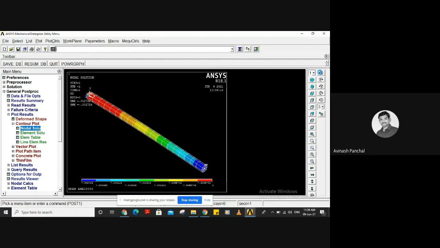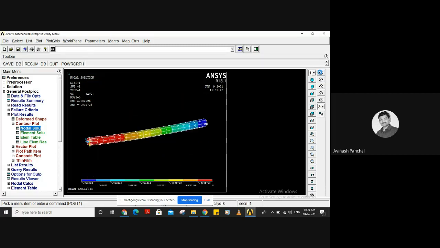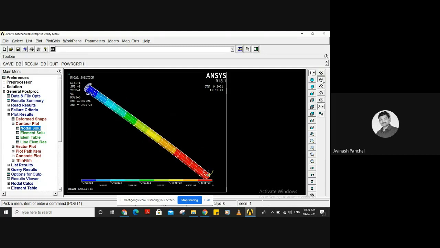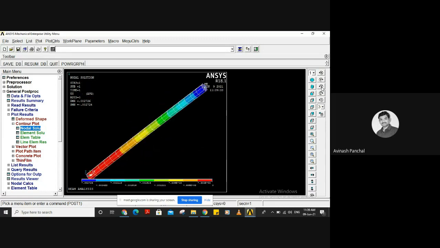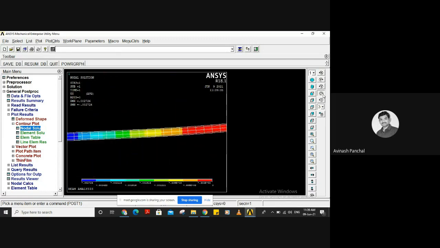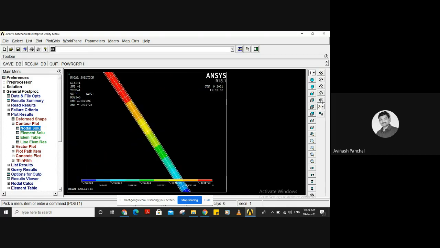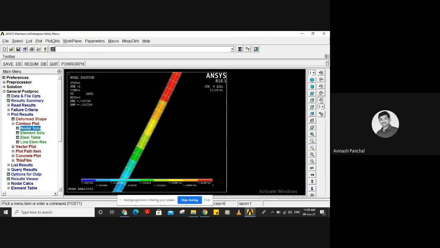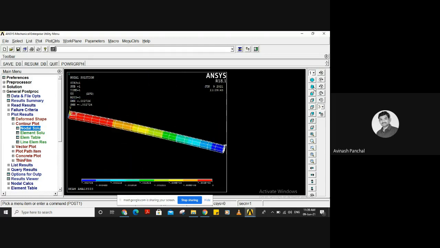We can rotate about x, we can rotate about y, we can rotate about z also, in the anti-clockwise direction.